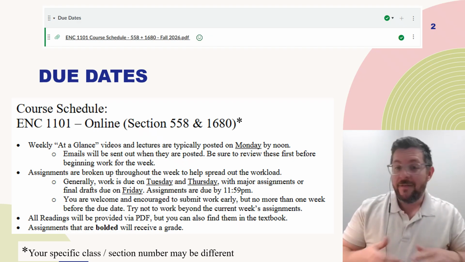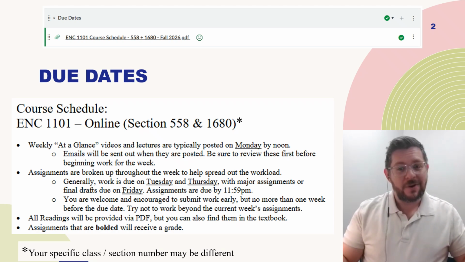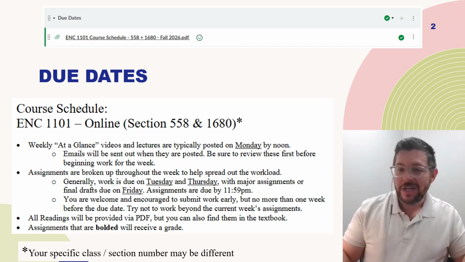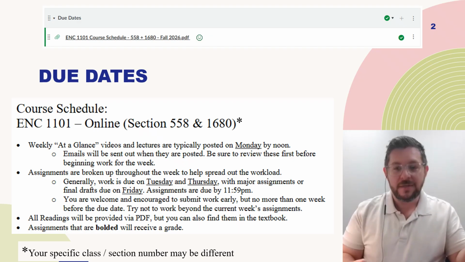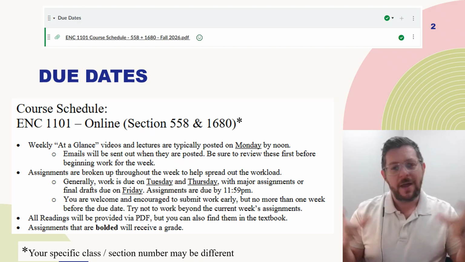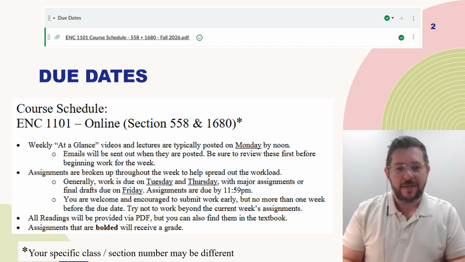So the due dates are going to have all the schedule for the entire semester already set up. Now those dates may change a little bit here or there as we move through the semester, but it gives you kind of the basic outline for the schedule for what we're doing. So it'll have your section number up top, and then that early section and that due dates will explain how